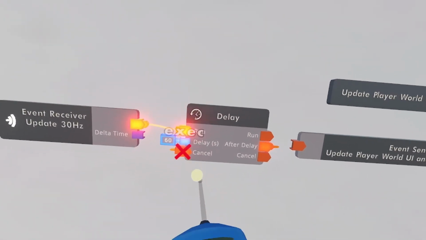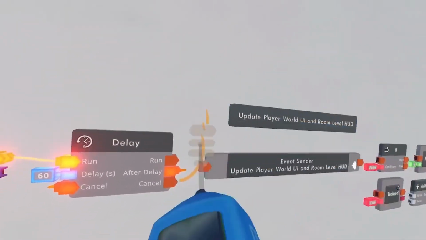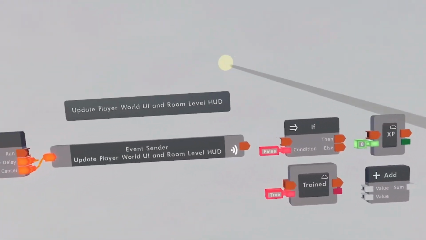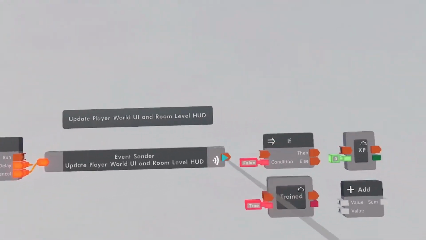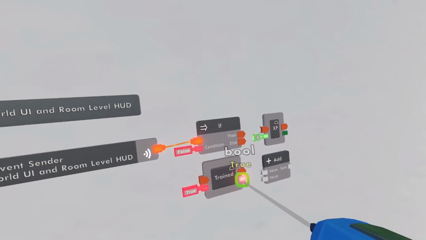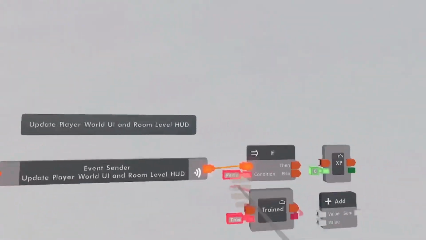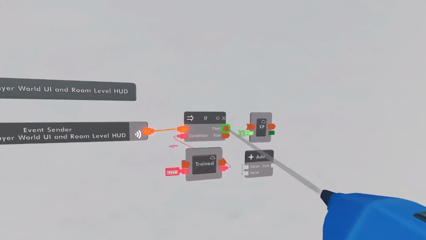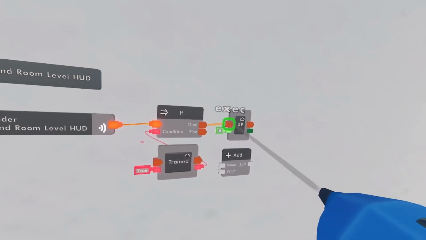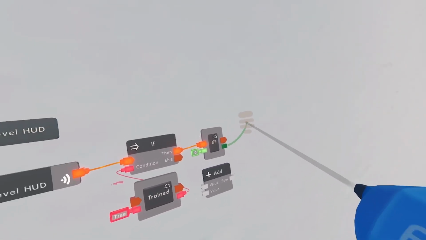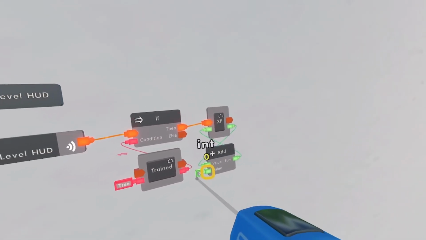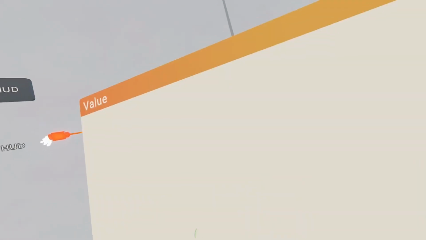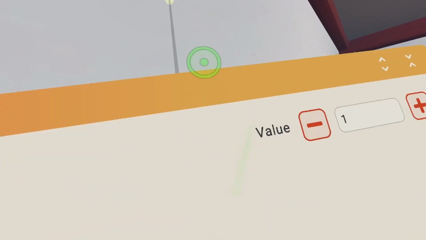After the delay into the cancel, and the cancel into the update player world UI and room level HUD. The execution from the update player world UI and room level HUD into the if. Trained, you can just copy paste that over to the condition. Then into the XP. The int on the right to the first value and the sum to the second value. Then put this value into 1 or whatever you want them to get per minute or per whatever time you